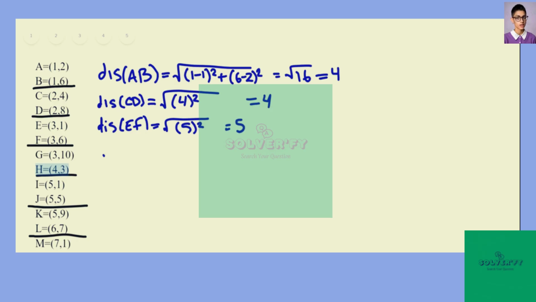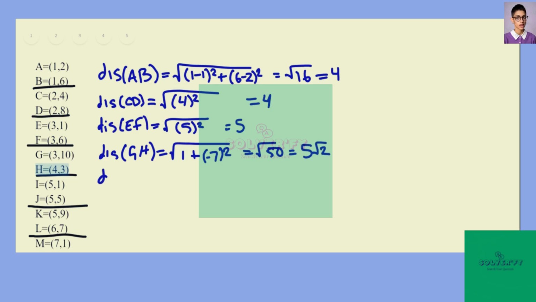GH is going to be the square root of 1. So 4 minus 3 squared is 1, and then 3 minus 10 is going to give us a negative 7 squared. So this ends up being equal to the square root of 50, 49 plus 1, which is 5 times the square root of 2. The distance from I and J